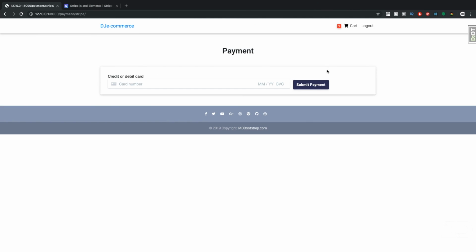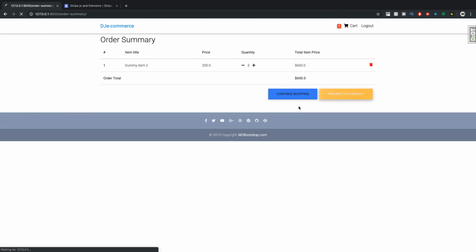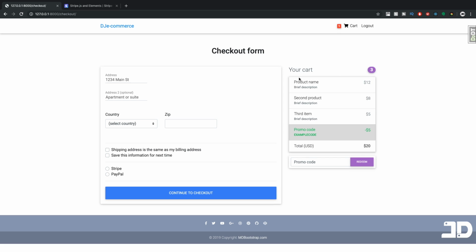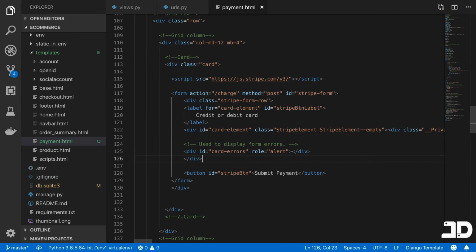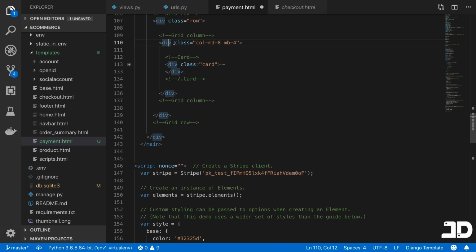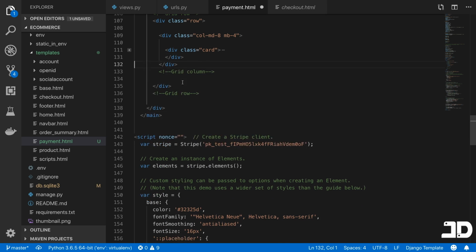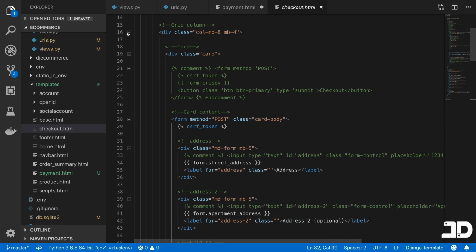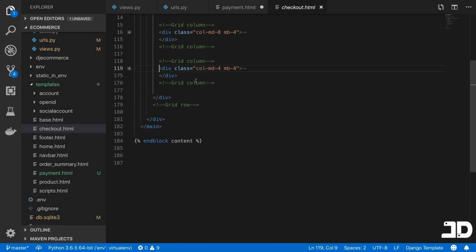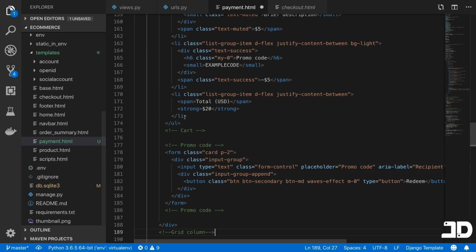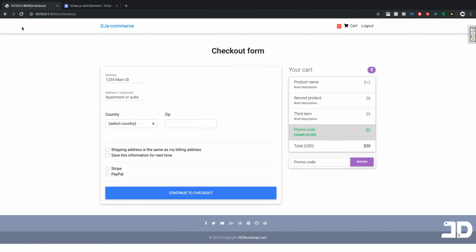And we most likely would want to see the order total like we do here in this view. So what I'll do is actually just grab this HTML, and then we'll display the form here to make the payment. So let's just go back here to checkout. So I'll make this back to column 8. And so let's just get rid of some of these. Okay, then we can close that one. And we basically just want this entire column. Cool, so if we come back and let's go to